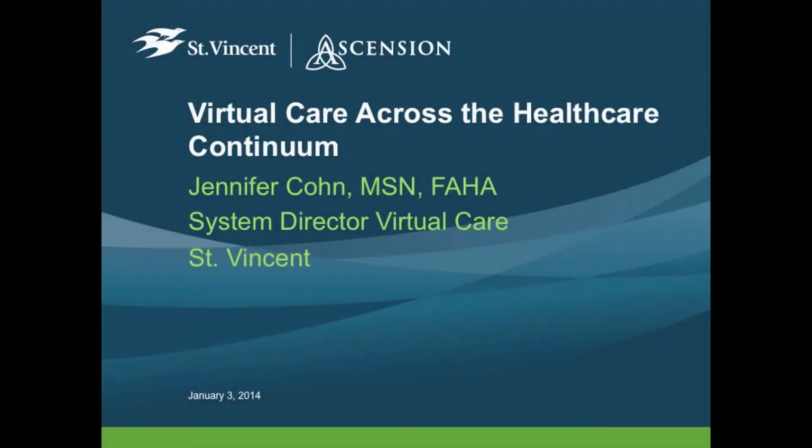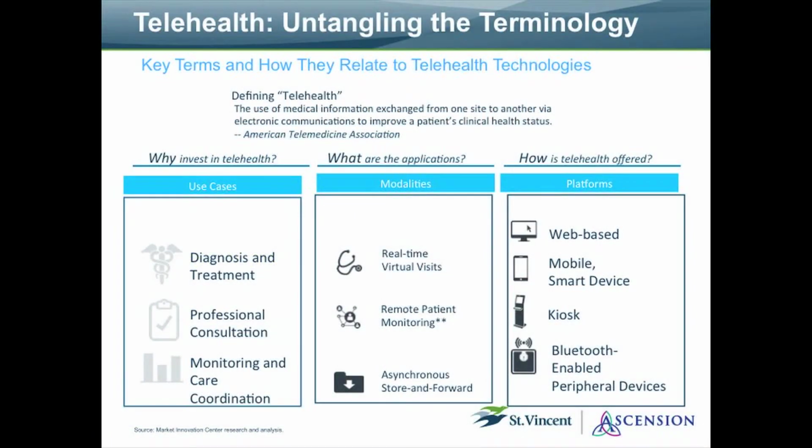So I'm going to talk to you about telehealth in general, and then we'll talk a little bit about telestroke. This is my definition slide. I find when I talk to people about telehealth, they don't necessarily understand what I'm saying. So just as a brief overview, we define telehealth as the use of medical information exchanged from one site